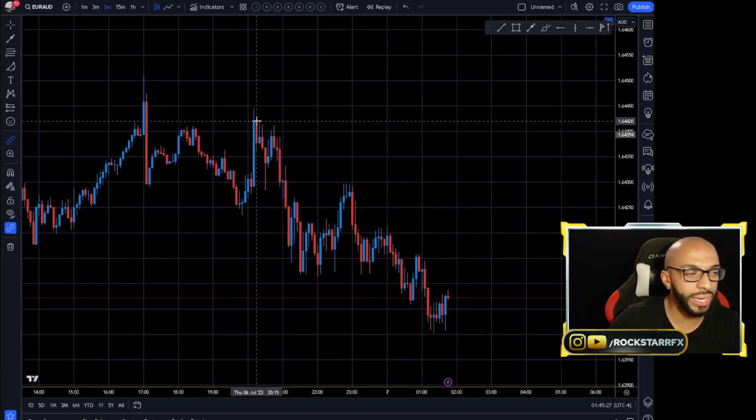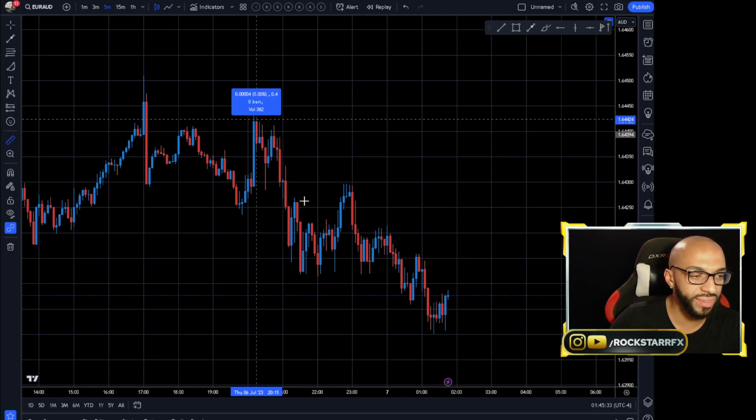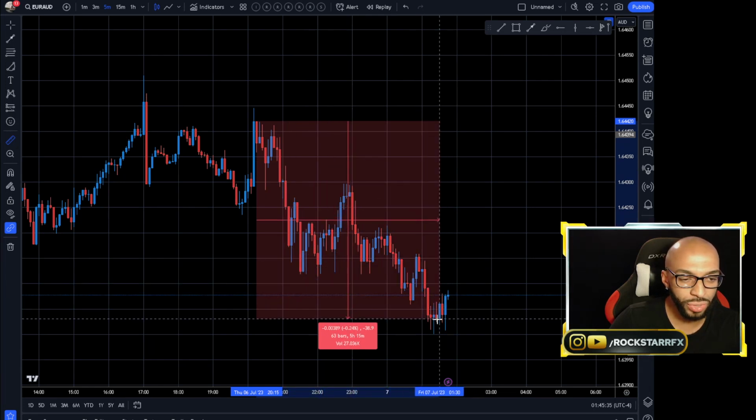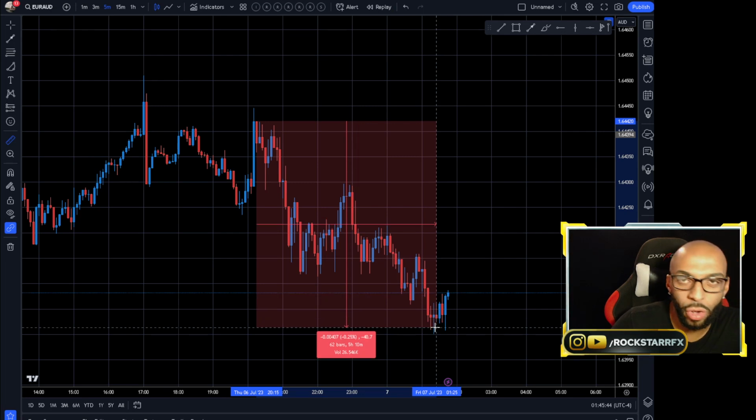So let's say I'm looking at this right here and I want to see exactly how much the market's moved from this drop, from the very top down to the bottom of this drop. It'll show you right here on the measurement tool. The market dropped a little bit over 40 pips on the drop. It took about 5 hours and 10 minutes for this to happen, and that was 62 candles on the 5-minute